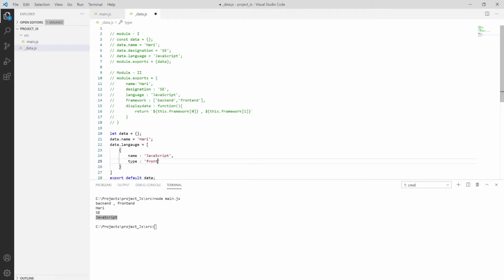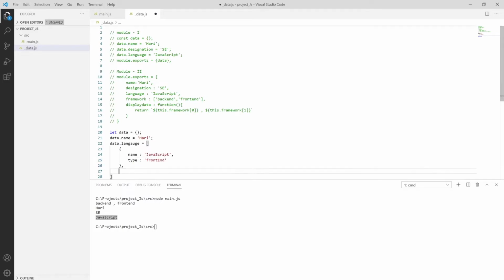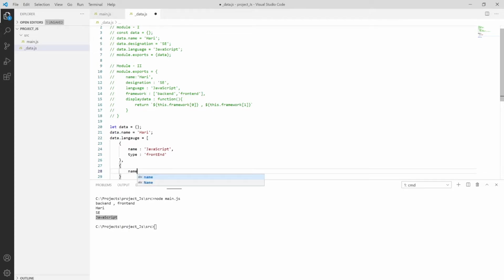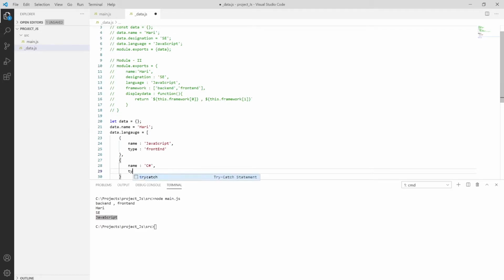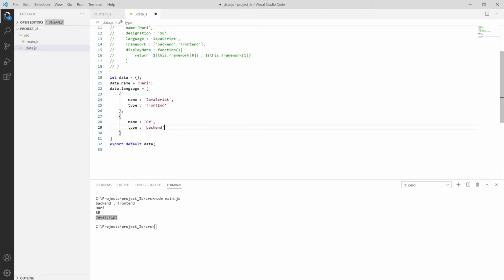We can also use this in backend, but it's mainly used in front-end technologies. So we have name over here. Name is C Sharp, which is our backend technology. We can print it over here as backend, or we can already export this data and save it using Control S.